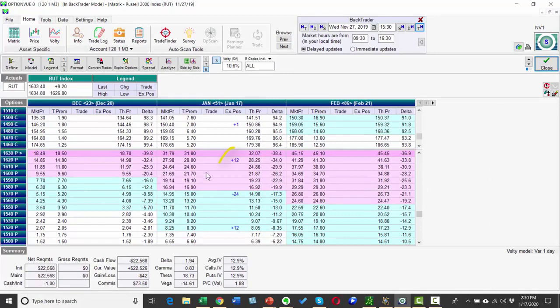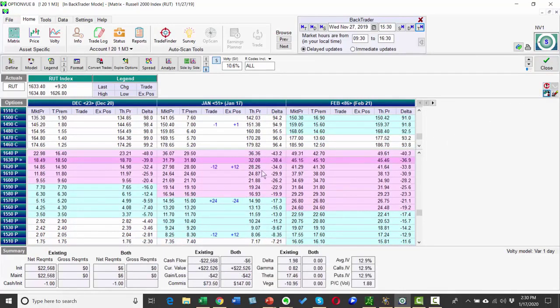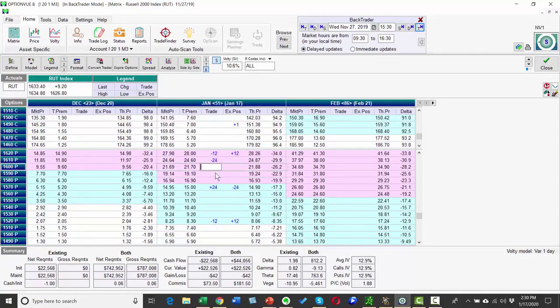So what we're going to do is remove these butterflies and reset it as if we entered the trade, basically. So we're going to take that off. You'll see, actually, I will show you. We would close this out. We're probably going to leave the call where it is, and we would, what we call, roll this up to here,